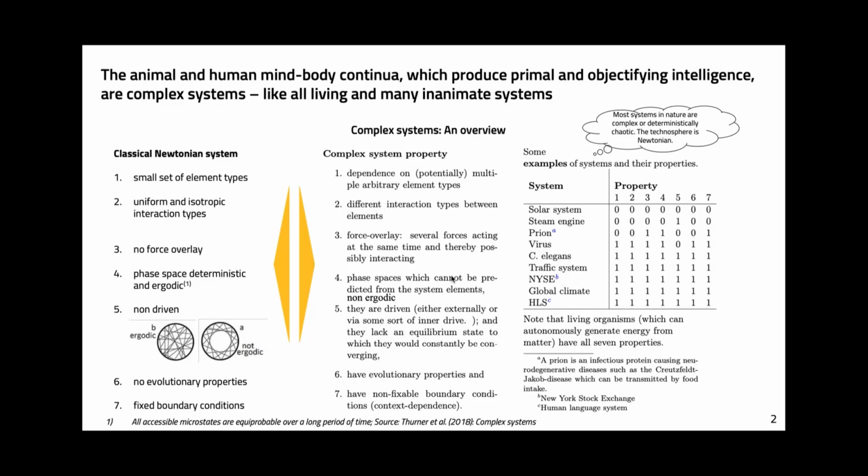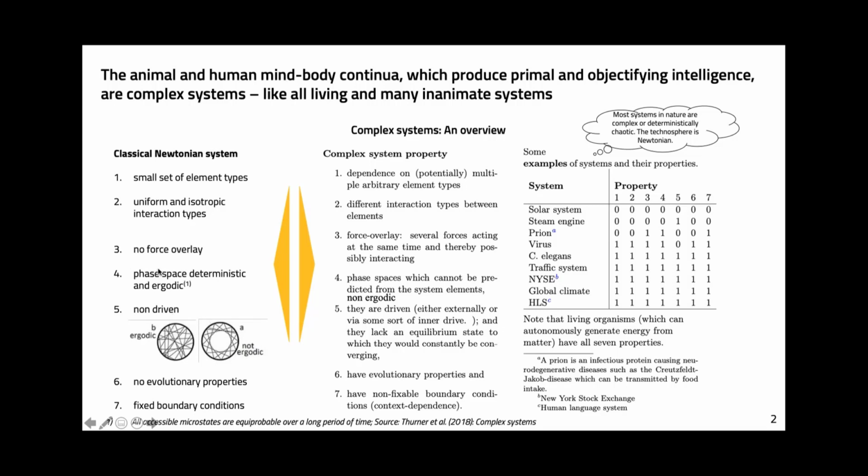The phase space in which the elements are placed or occur is deterministic and ergodic. Ergodicity is shown in a small inset here. An ergodic phase space means that all accessible microspace states of the space are equiprobable over a long time. Basically, in simple words, I can get to everywhere in this space with the same probability if I wait long enough. For example, if I have gas in a bottle, the molecules of the gas will distribute equiprobably over the volume of the bottle.